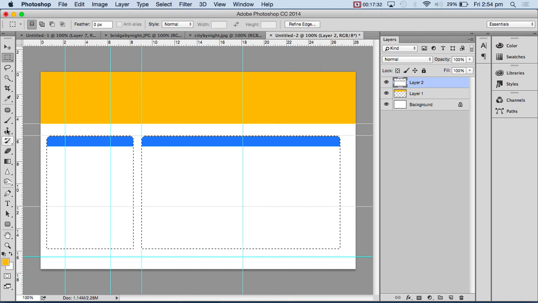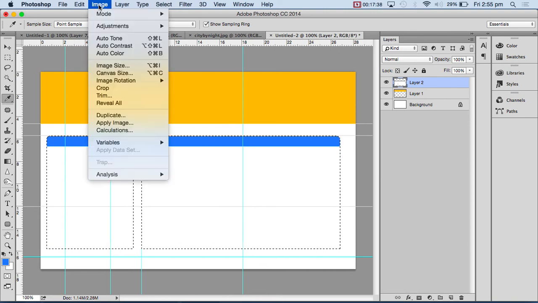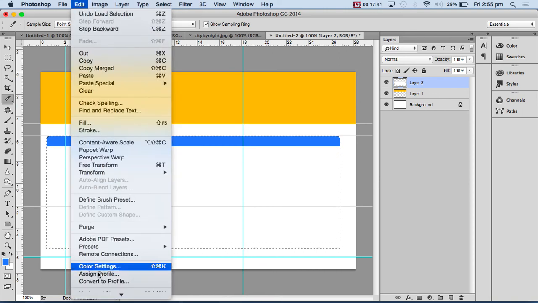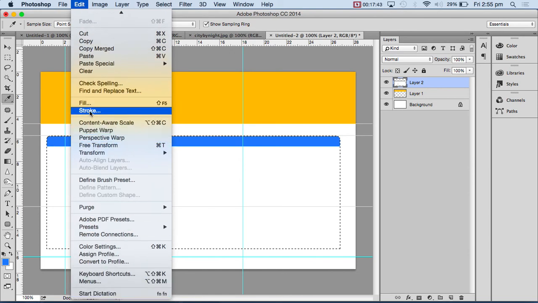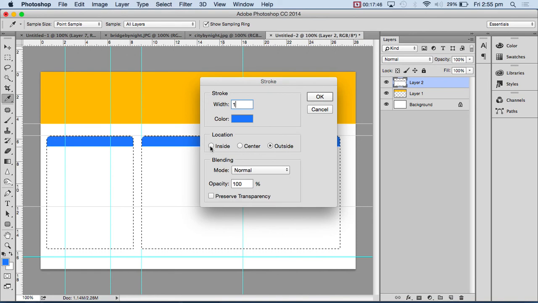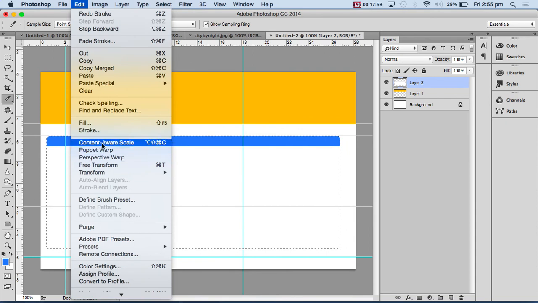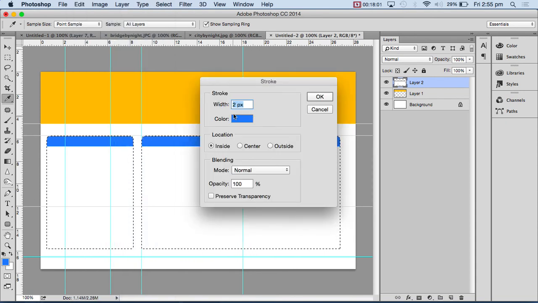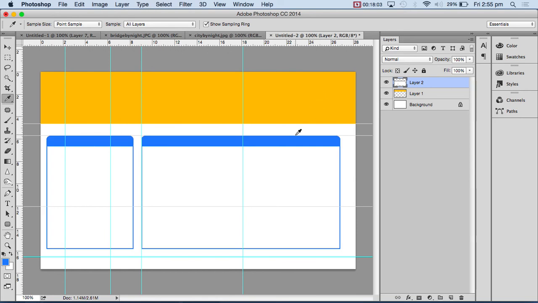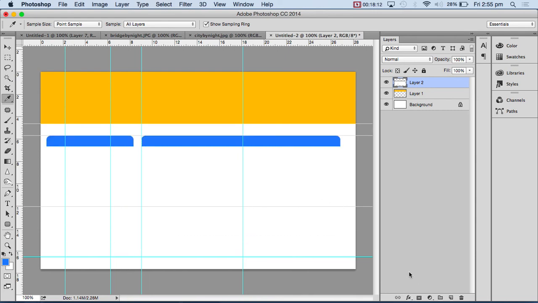And what I'm going to do now is use the dropper tool, get this color, and say Edit Stroke. I can stroke it here, and I can say stroke inside, stroke outside. So I want to stroke it inside. If I stroke it outside, it'll be a bit funny, but that's outside. I can say Edit Stroke, inside. You can see what I'm doing with the same color. But in this case, I'm going to use the stroke here, so whatever is on this layer,